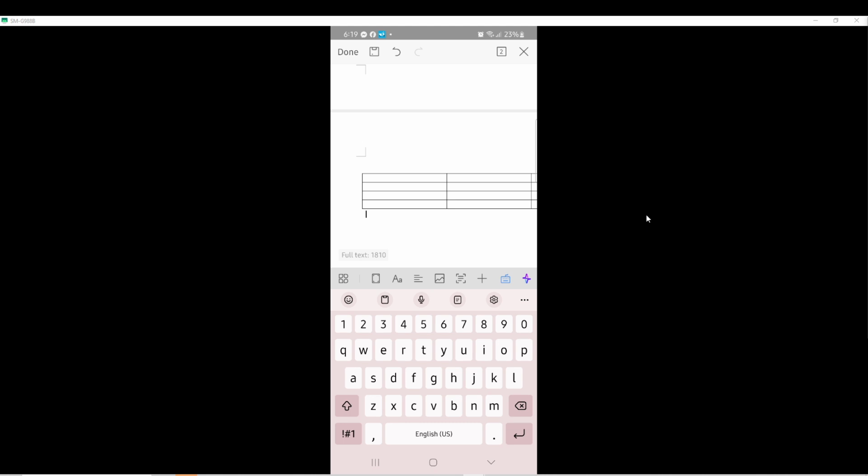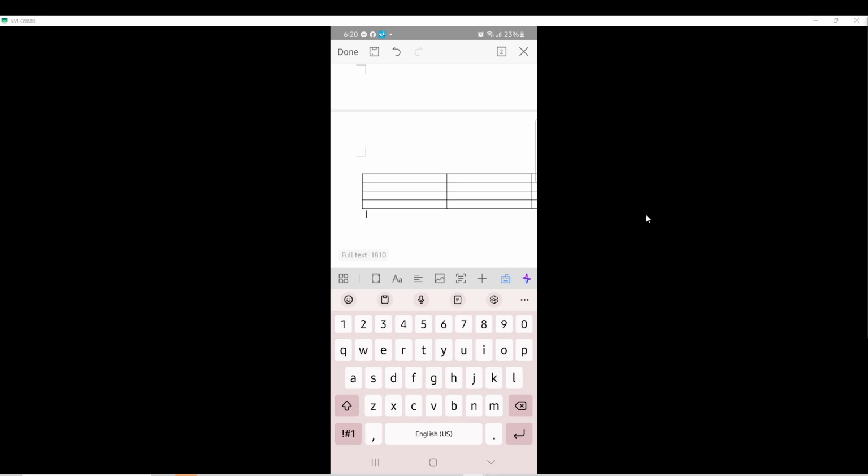In today's video, I'm going to teach you how to highlight table rows and columns in WPS Office Mobile. Highlighting rows or columns in your tables can make your data easier to read and organize, especially when working with large spreadsheets or documents. Using the highlight feature allows you to visually separate important sections and improve the overall presentation of your tables. To start, open your table in WPS Office Mobile and identify the row or column that you